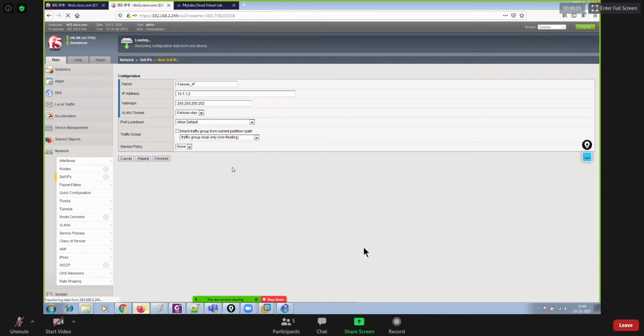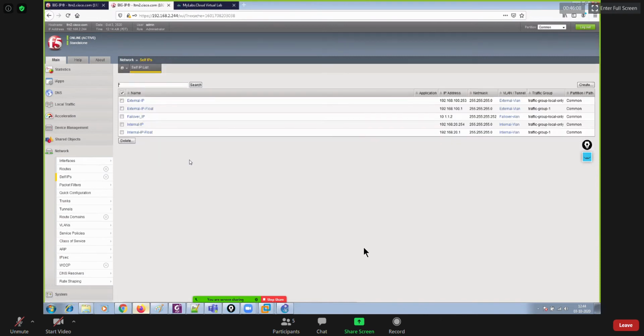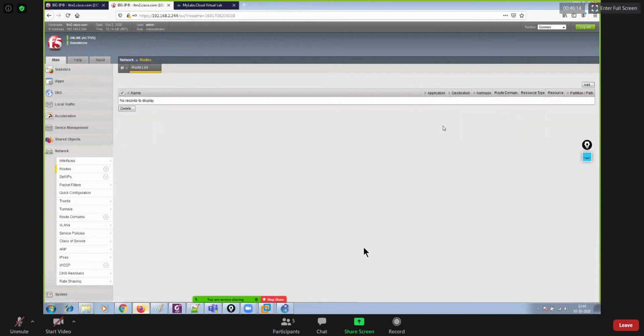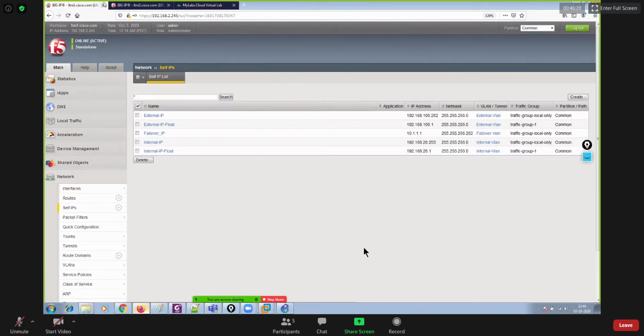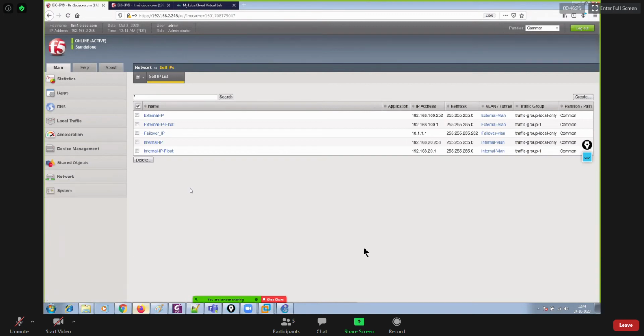So we have assigned IP addresses onto both of the BIG-IPs now, right? I'll go ahead and we can configure a default route as well. However, we can configure it later on too, because now we have the failover link by which LTM1 can communicate with LTM2. The rest of the configuration we can make once active standby failover sync, or high availability, is in place, once both of the LTMs are part of the HA. Thereafter we can make any other configuration, like configuring a static default route, or creating nodes, pools, virtual servers. That's what we will keep doing once HA is in place.